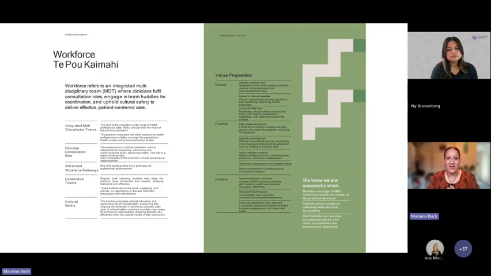We have then talked about the value proposition for the practice. So why would you want to implement this specific element? What is it going to do for you in your service provision? And also, what is the value proposition for our system? We know that we are all small parts of a big system, and so the more effective each practice can be, the more effective the whole system can be. So that is around making sure that we're all doing the right things, the most up-to-date and the most patient-centred ways of delivering care.